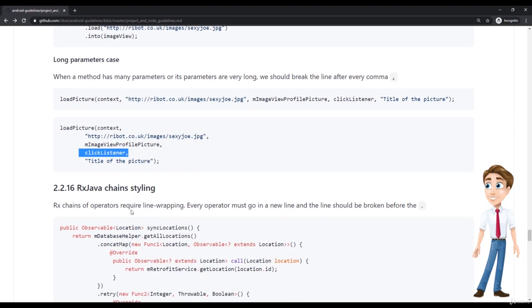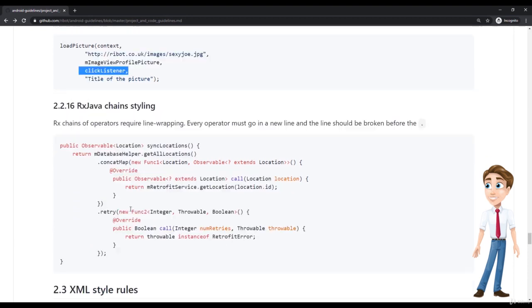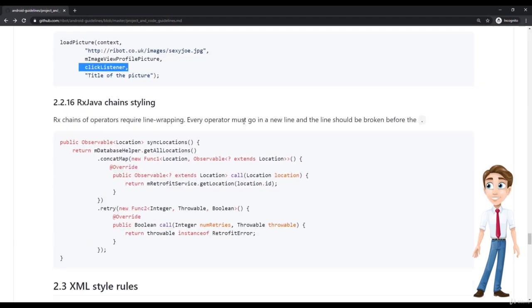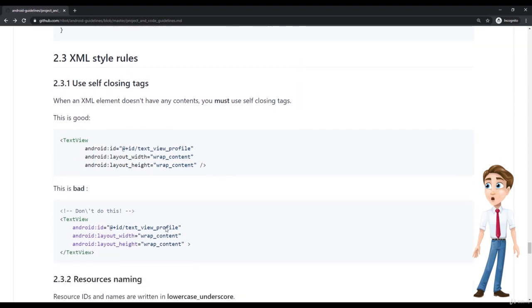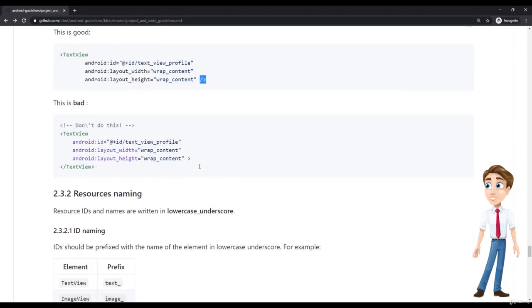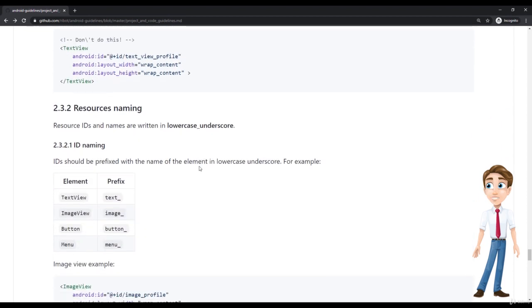That's really cool. Now, going into the Args Java chain styling, which again tells you that you should have the operators on a new line. That's basically the same thing that we did for Kotlin collection operators, and it's kind of an abstract thing. You can apply it wherever you have operators. Now, for XML style rules, this is important because you don't want to go having, for example, for a text view, a separate closing tag line like this one. It just doesn't really work that way. It's easier for you to have a closing tag like this one, and it's just much faster, with less code for you to actually maintain.